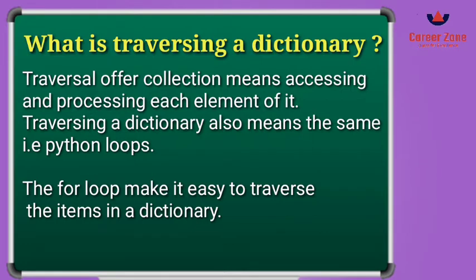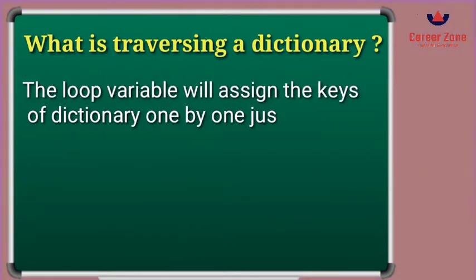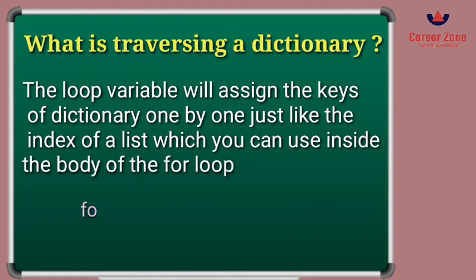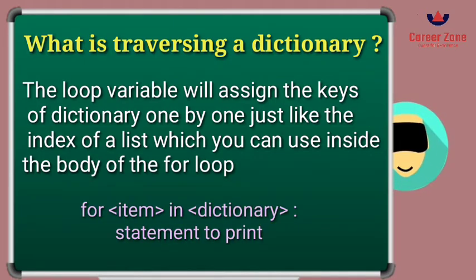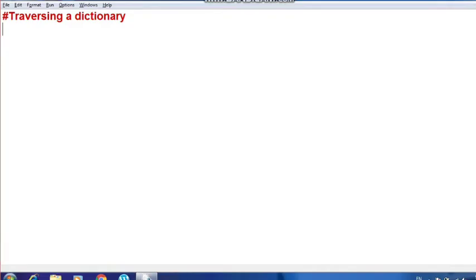So we will create a dictionary, we will use a for loop here, and we'll access each element of the dictionary one by one. So let's go to the Python shell and see the practical of it. For accessing each element of a dictionary, we need to define a dictionary. Suppose I am writing a dictionary wherein I will write the name and the phone number of